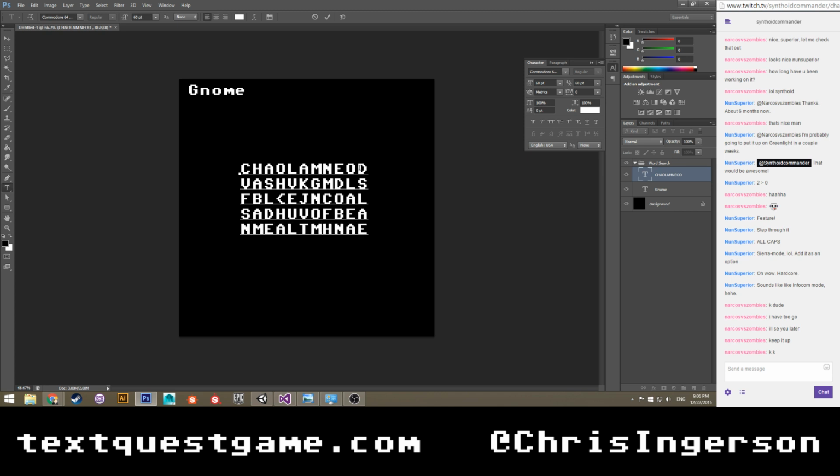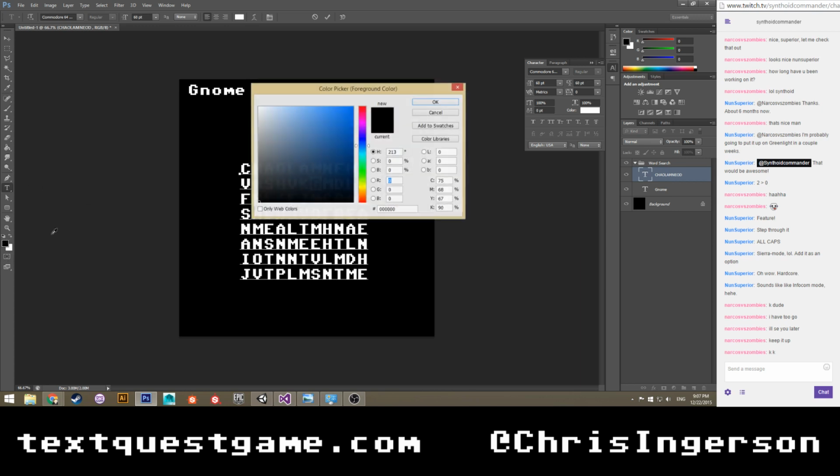Because not only do I need to spell the word, to make sure that it gets spelled correctly, but I have to make sure that no other words get spelled. Because I just realized that in spelling gnome, I also spelled coal here.